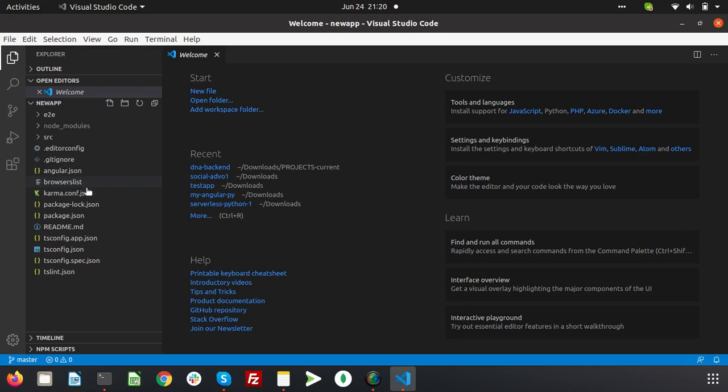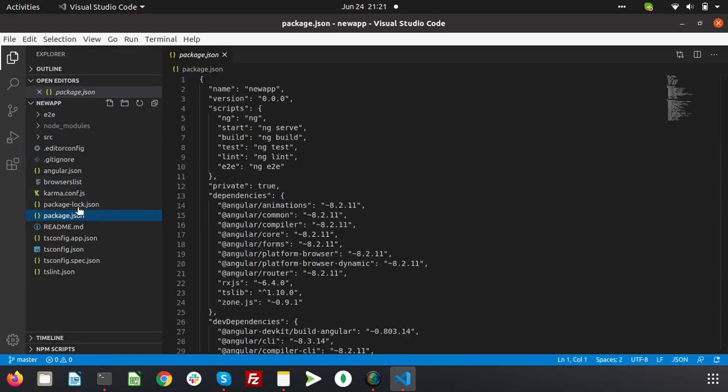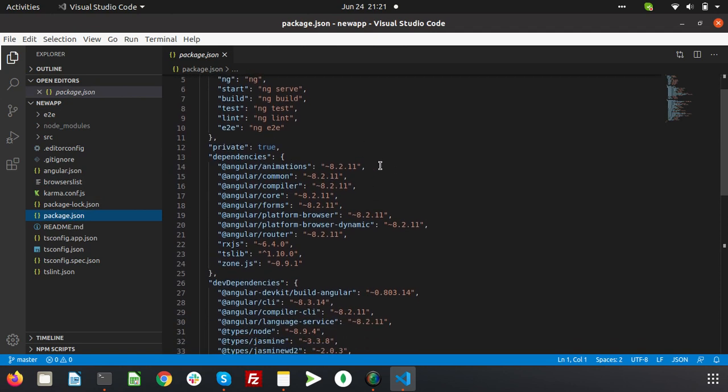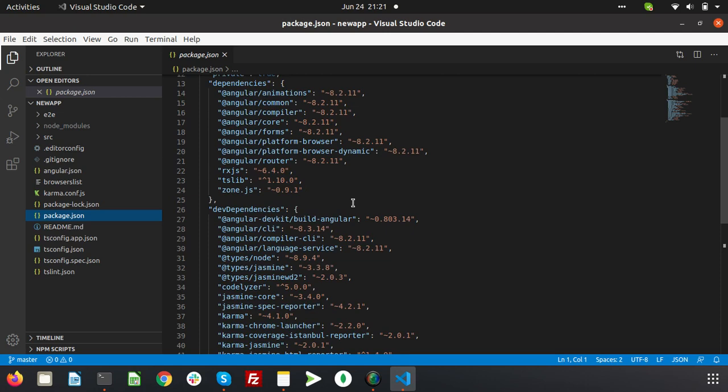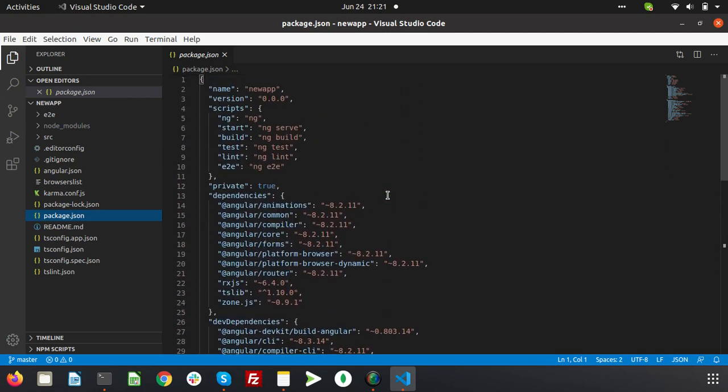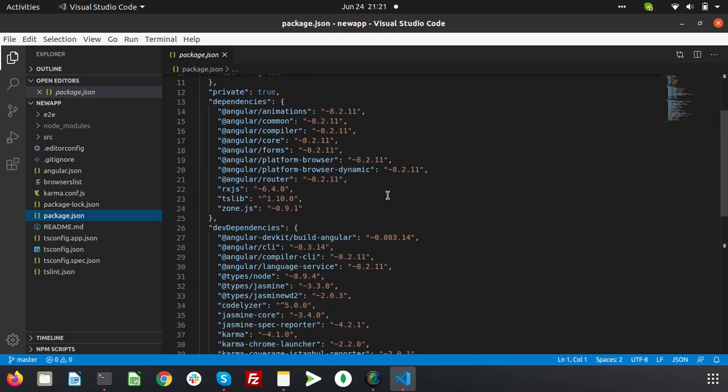Here it is. Now we need to go into the package.json file, and over here we can see different dependencies and dev dependencies that have been installed when we installed the project itself.